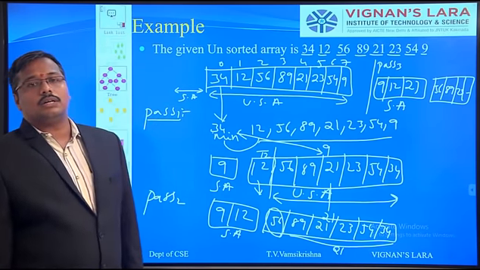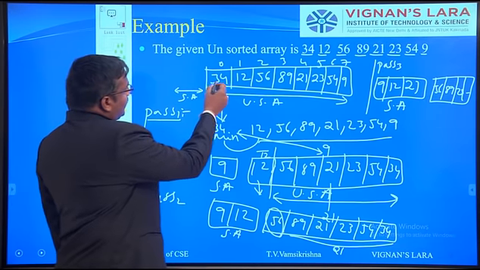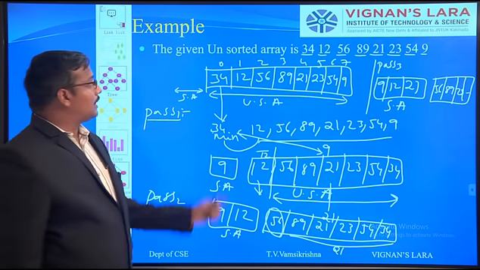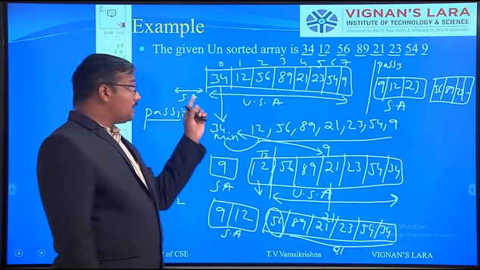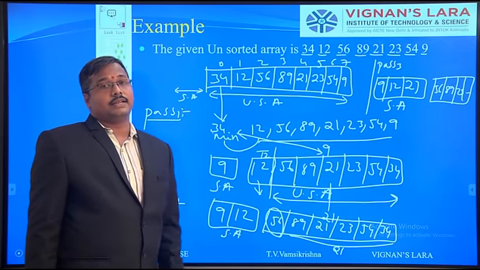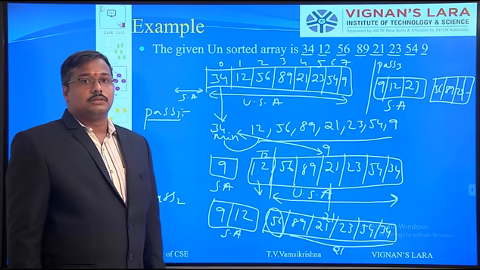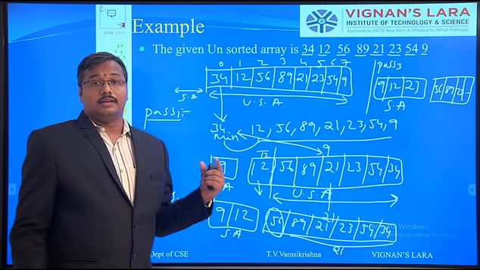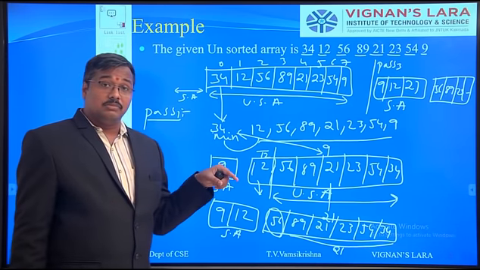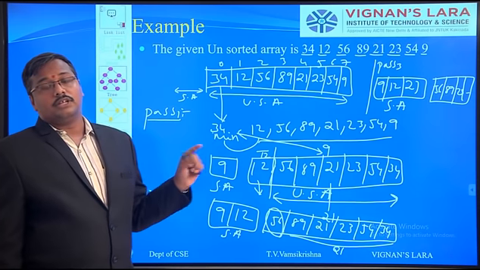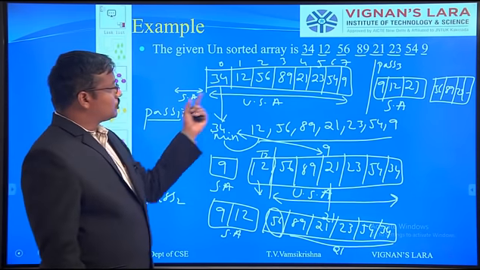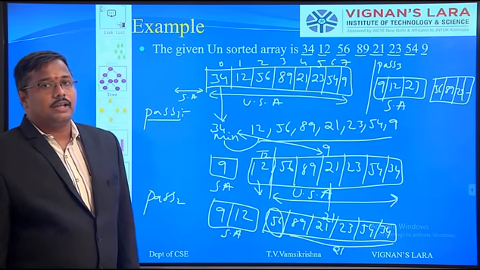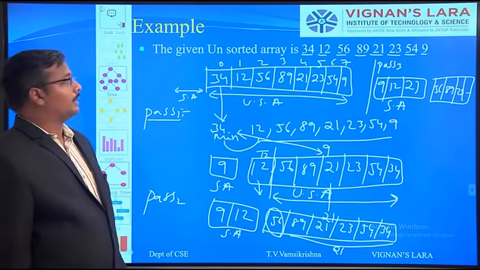Why is this called selection sort? Each and every time we are selecting one element and assuming that it is the minimum element. Based on this element we need to find the minimum element in the rest of the array, and at last we compare the selected element and the minimum element. If it is the minimum, no need to swap. If it is not the minimum one, we need to swap the two elements. That is the main functionality of the selection sort technique.